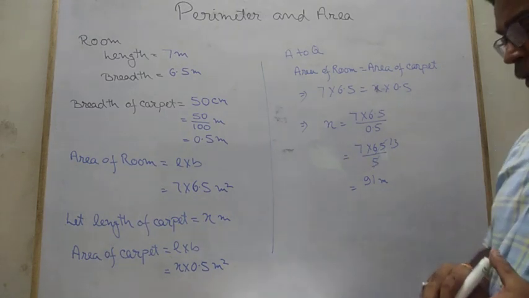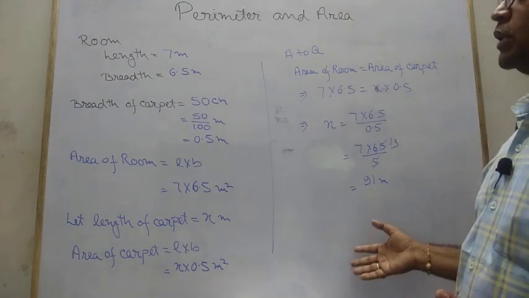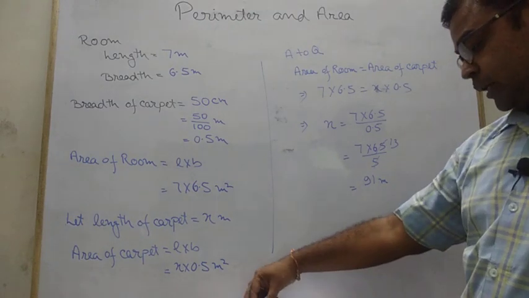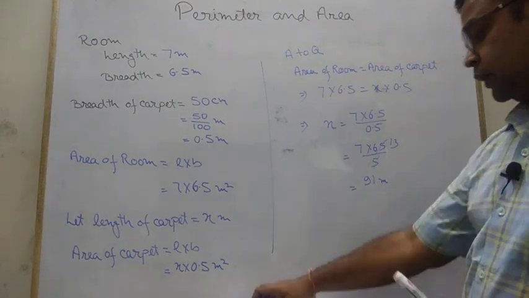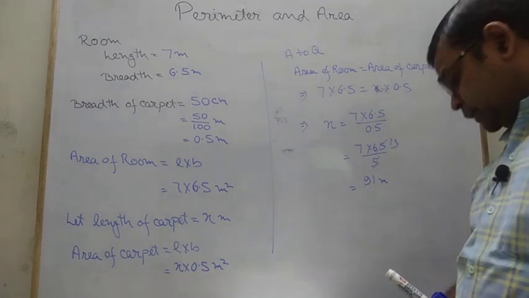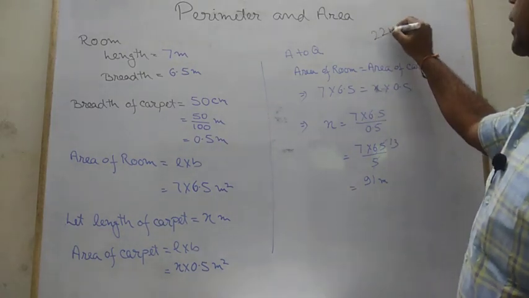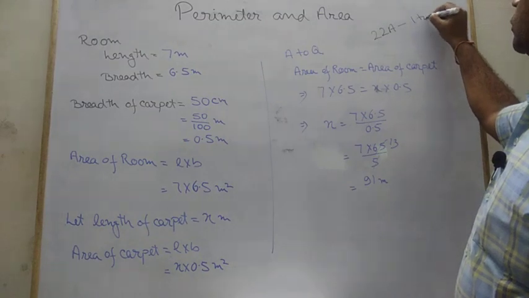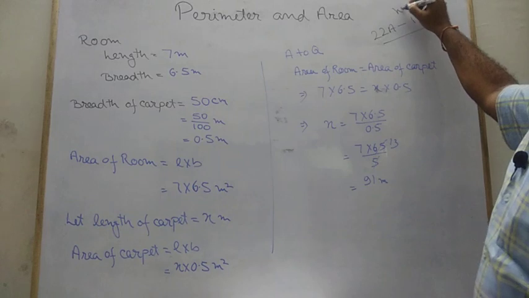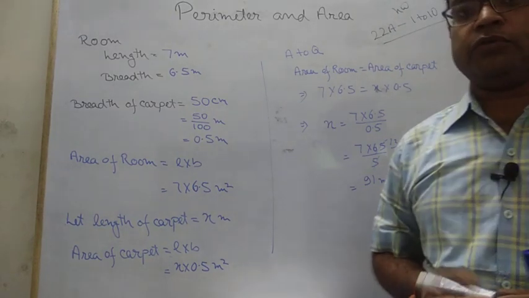So in this video we discussed up to this much. Hope this part is clear. Those who are studying in my school, homework is to try to complete exercise 22A up to question number 10. Homework is 22A 1 to 10. Try to solve questions 1 to 10. This is your homework. Clear? I'm not going to discuss these questions more. That's all for today. Thank you. Today there is no task.